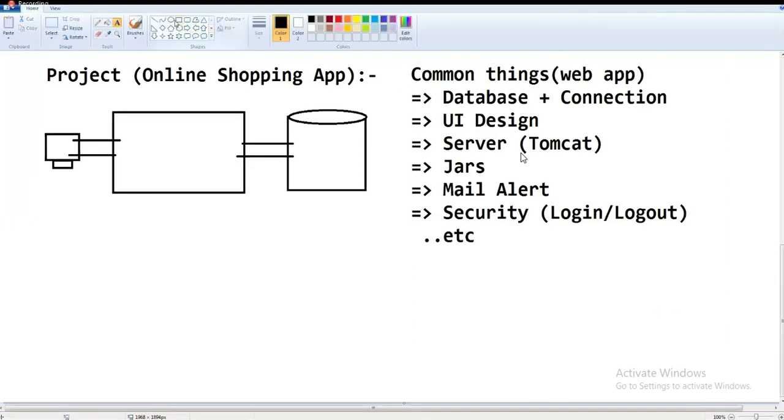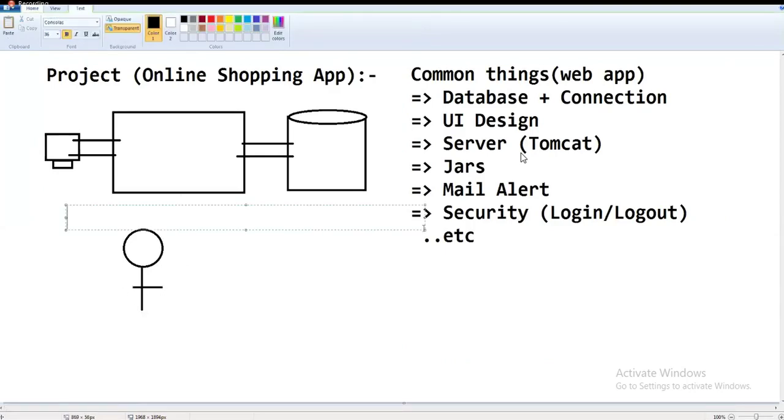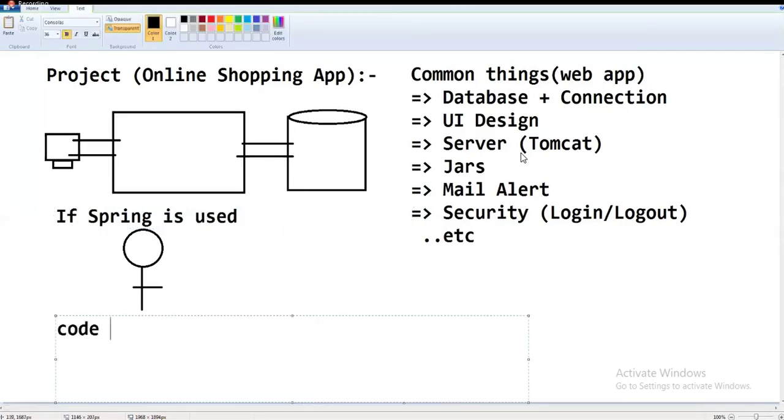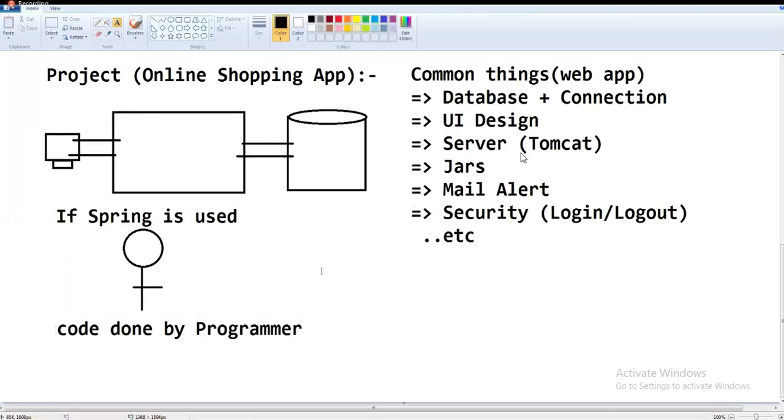These common things, in case of Spring, the programmer has to write the code. If Spring is used for all these common things, the code is done by the programmer.